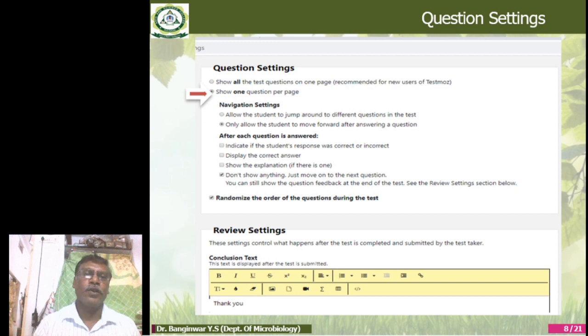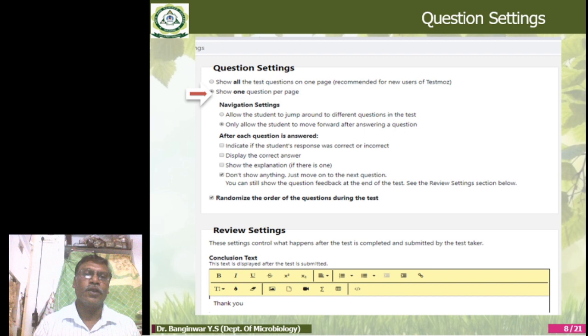Or you can allow the questions one by one, so allow the student to move forward only, not go backward, okay. Don't show anything during the examination, and review. In that review setting, in the conclusion of the test, I am just putting here the remark that will be thank you, okay. This is the question setting.